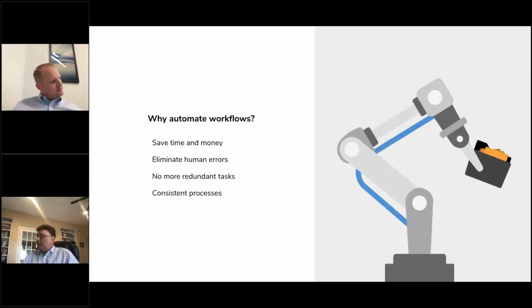And the other thing is that it allows people to focus on higher value tasks so that they don't need to be stuck doing more menial tasks. And fourthly, of course, all the processes become a lot more consistent, a lot more automated, and that of course increases productivity. So we're talking a lot about the cloud and automation, and for the folks that are maybe